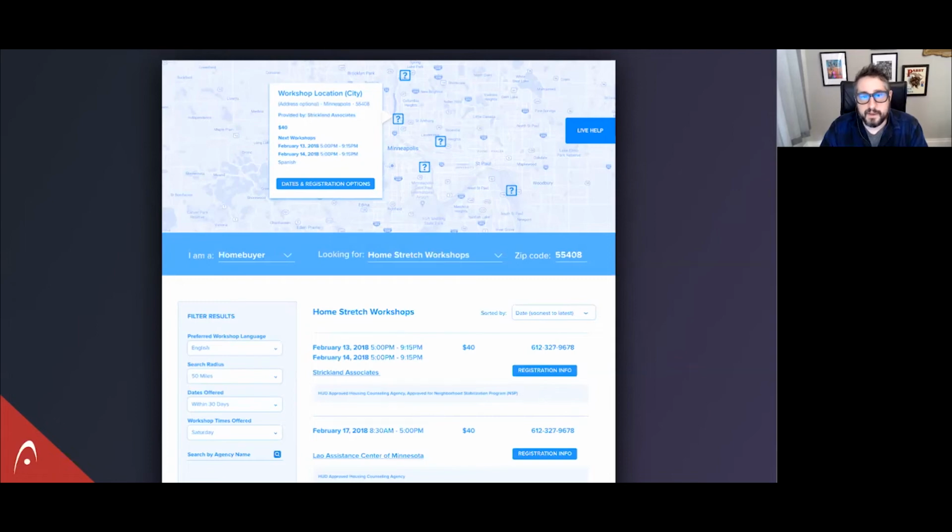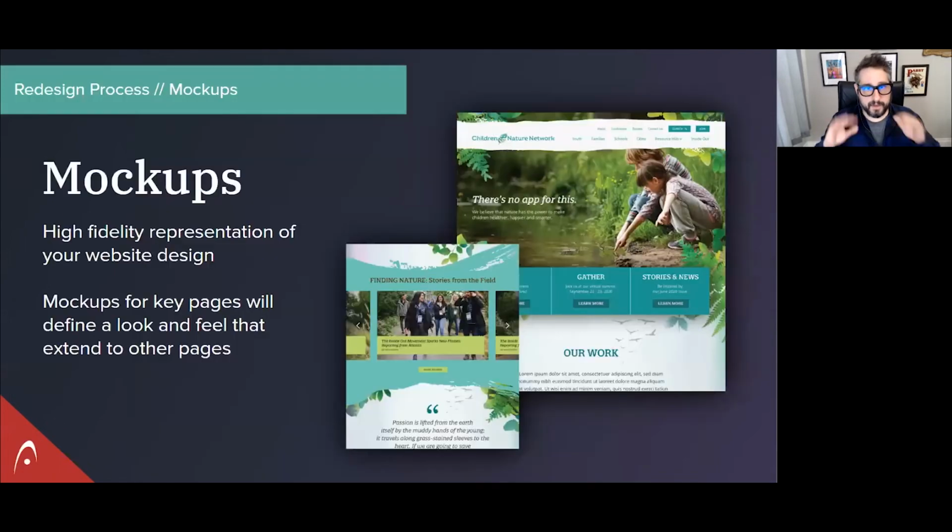Not many left. So once the wireframe is all done, you've wireframed out your unique pages and different layouts, and you've got the blocks there. Then it comes to actually designing the site. This is the fun part where a lot of people get really excited. So this is the mockups, and mockups are high fidelity, full color representations of what the actual page is going